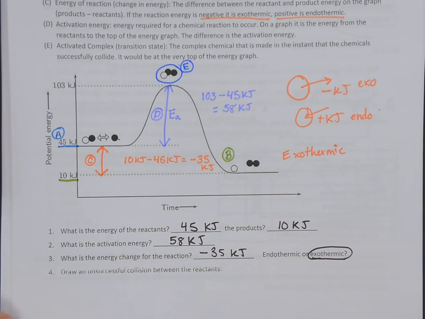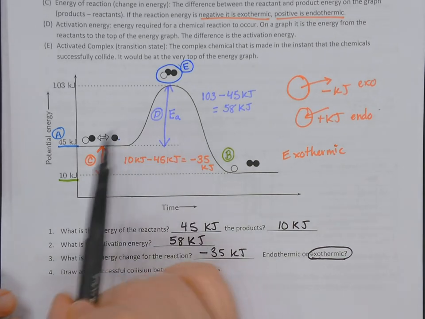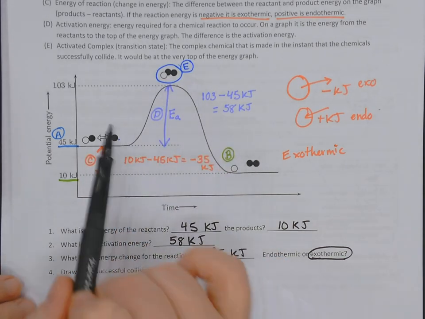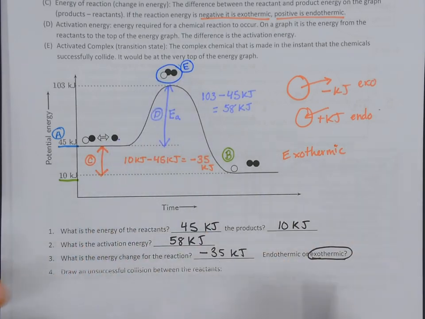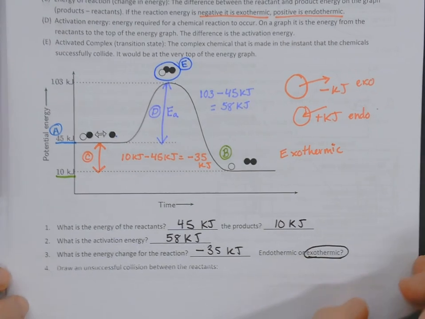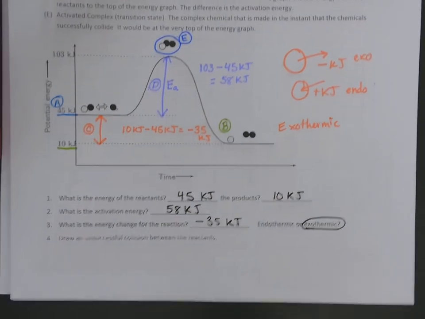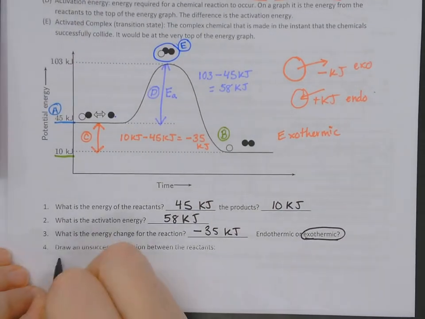And it says draw an unsuccessful collision between the reactants. So a successful collision is what we can see here, where these two atoms, they want to collide and form our product. So let's just look at what the successful reaction would look like, and then we'll make the unsuccessful. So we can see both. I think that's a good way to do it. So successful